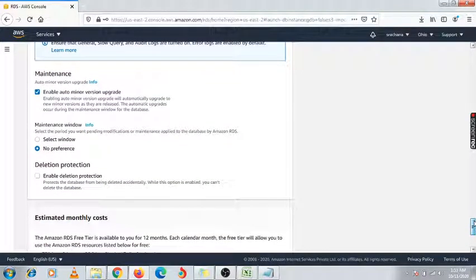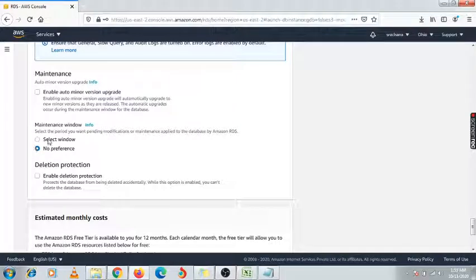Maintenance, if you want maintenance, you can do it. If this is MySQL version 8.00 and some new version comes up in the market, and if you enable this auto minor version upgrade, it will upgrade automatically. So right now we are not selecting this option because for testing purposes it is not required.